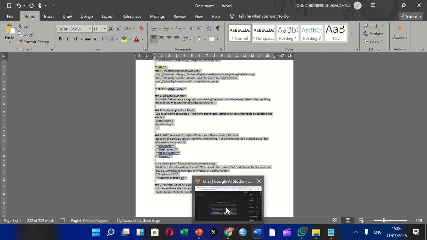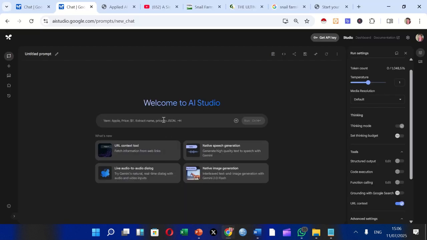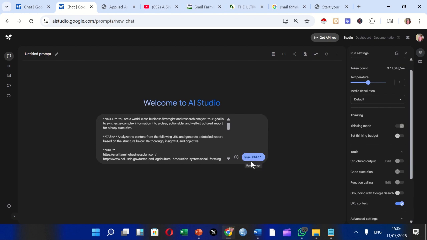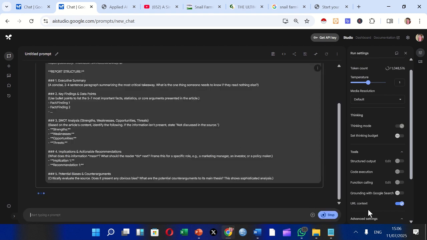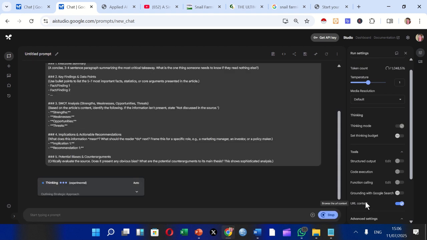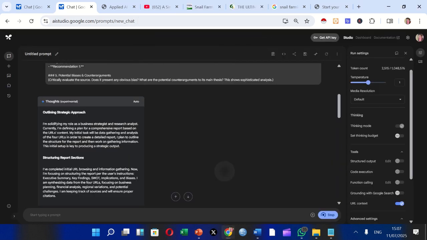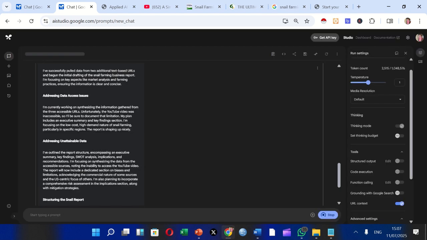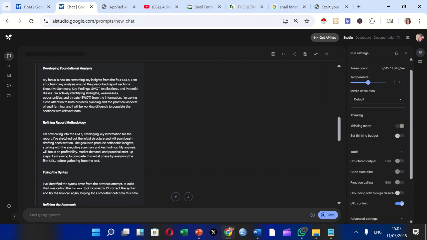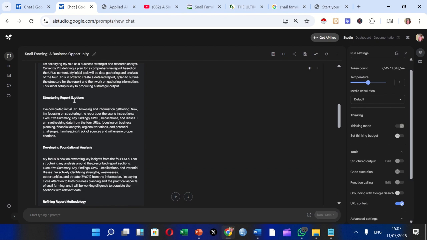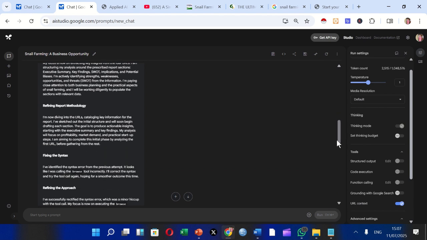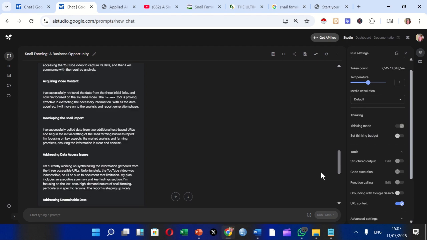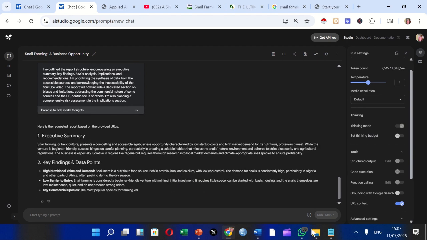I'll come back to Google AI Studio. Now remember why we chose this approach: it's going to fetch its data from the URL we gave it, and it's so good. Okay, so let's wait while it does its thing. On the screen you can see that it took 37 seconds to arrive at its answer. You can click on this particular button to see the thought pattern, how it went about addressing our question. It gives you insight into what is happening.